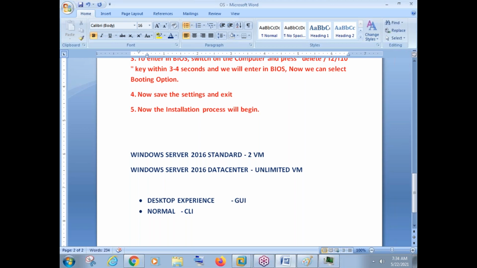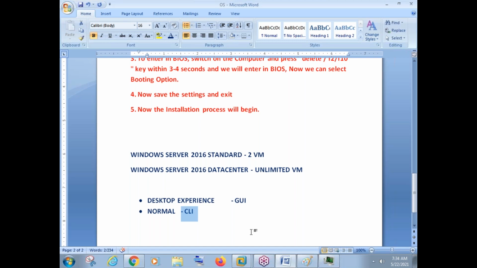Remember yesterday we saw some differences between Windows and Linux, and we said between Windows and Linux there is very tough competition in the market. Linux is more famous because it is in CLI. Normally CLI is more secure than GUI actually. So what Windows people have done, they have developed an operating system, Windows Server 2016, that can be installed and configured completely in CLI.